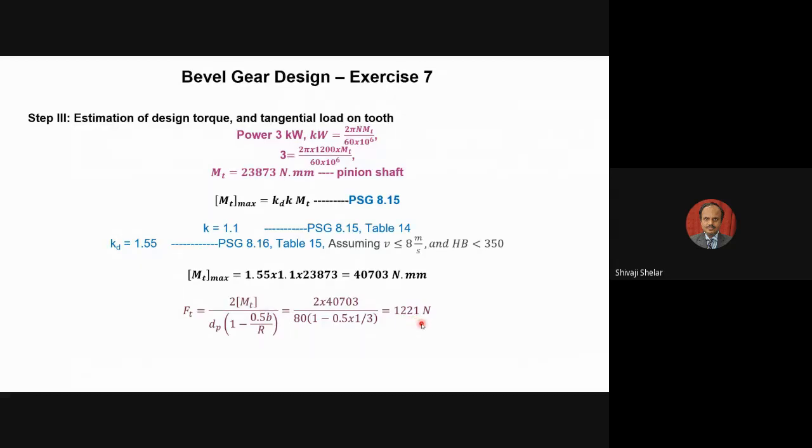Please remember, whenever the RPM of the shaft is more and power is small, then the tangential load value will be small. In the other case, where power is more, torque is more, and speed is slow, the tangential load will be very large to drive that bigger torque value. There is a direct relation between torque and radius. So if your radius is more, then your tangential load will be more. Okay, so let's go to the next.